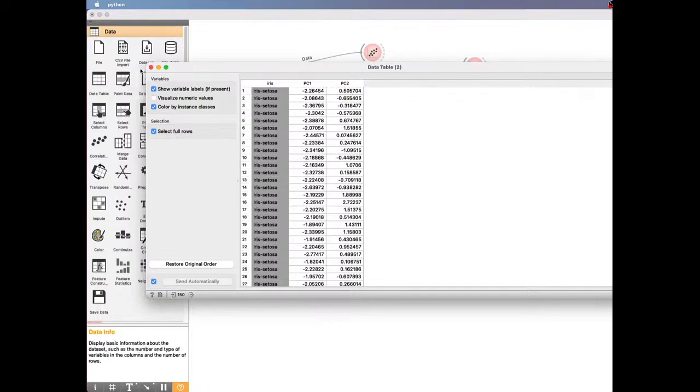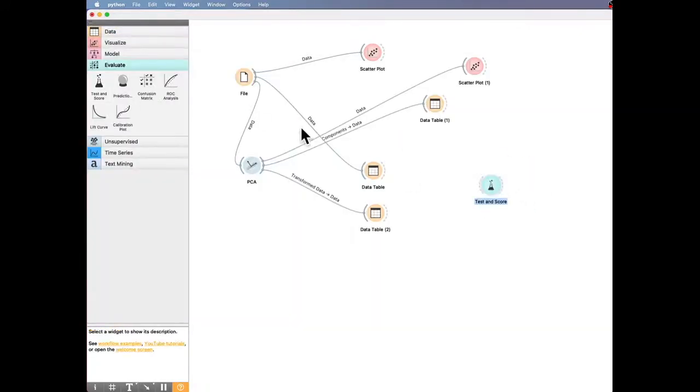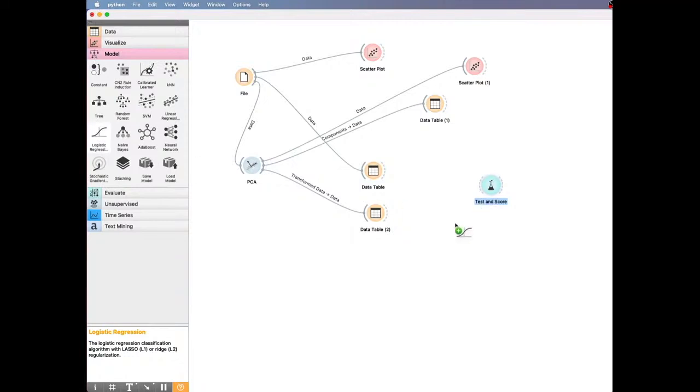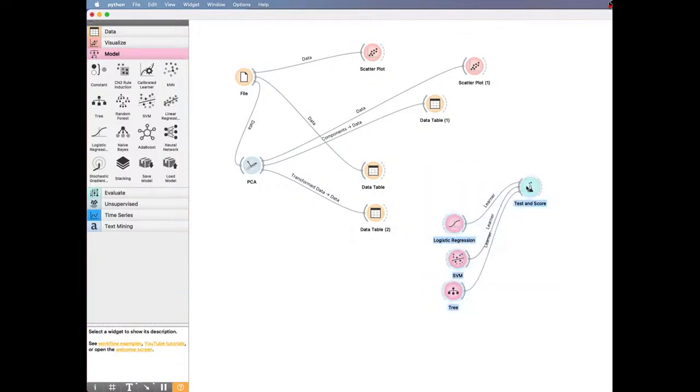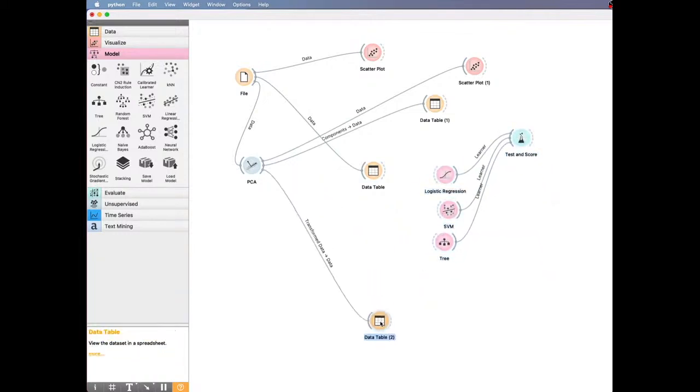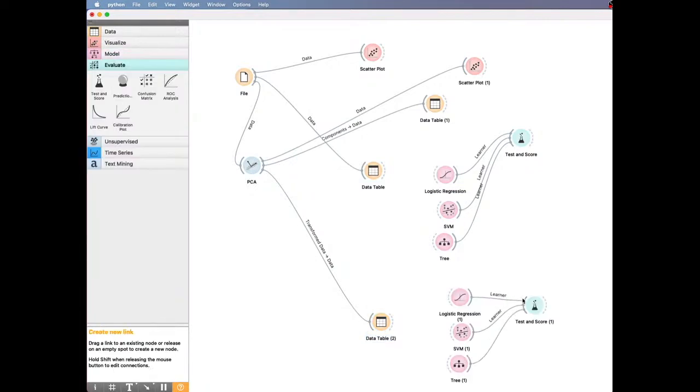dimensions right here, right? We'd like to do an experiment, and we use logistic regression and SVM and maybe tree. Okay, these 3 different algorithms all belong to supervised learning. They can do classification, right? We connect all those algorithms to the test. That is the upper one, and we do the same thing. However, we connect it to a different data source.